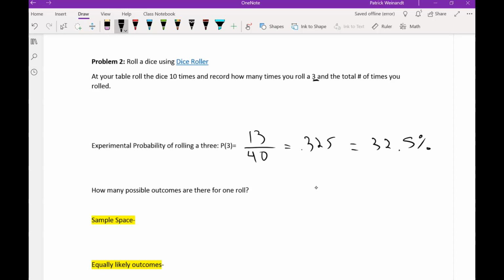Now, if you found the theoretical probability of rolling a 3 on a dice, we can find this easily enough before we even talk about theoretical probability. How many outcomes are there on a dice? There are 6 outcomes. Of those 6 outcomes, how many result in a 3? 1. So there should be a 1 in 6 chance, which is actually about 16%, which is not very close